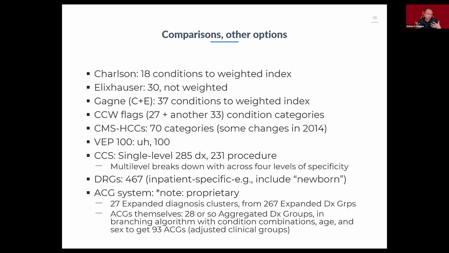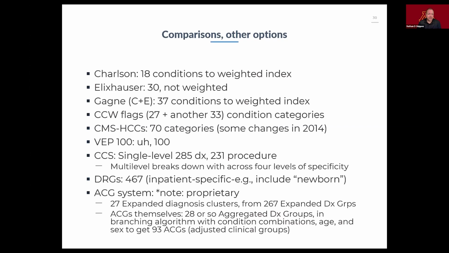There are also proprietary systems. And I'm just listing the ACG system. I believe it's from Johns Hopkins because I've used it in one project before. Again, it's just an example of a proprietary approach where there may be cost reductions for academic researchers or something like that, but it is a proprietary system where things are broken out into diagnosis clusters, diagnostic groups, and then I would just call back to the CMS HCCs or hierarchical condition categories.